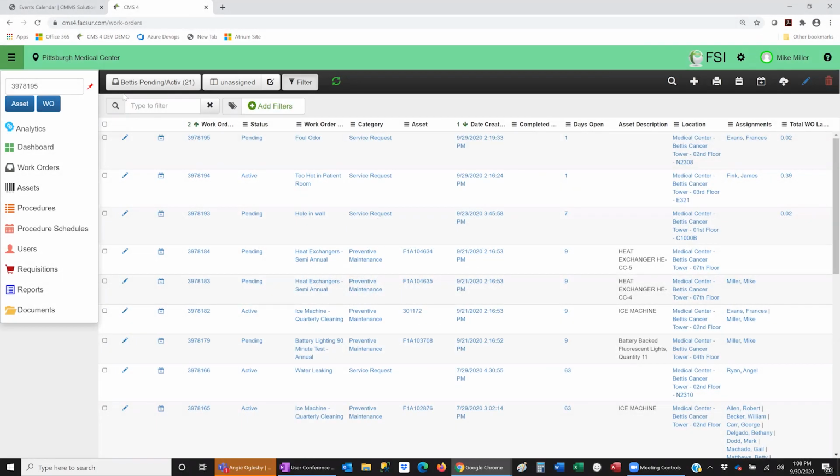It allows me to go right from the dashboard to the landing page, right to what I'm working with. And from there, if I had a list of my work orders that I wanted to print or export, I can go ahead and select those. If I needed to mass edit and assign some of these to some people, I could select the ones that